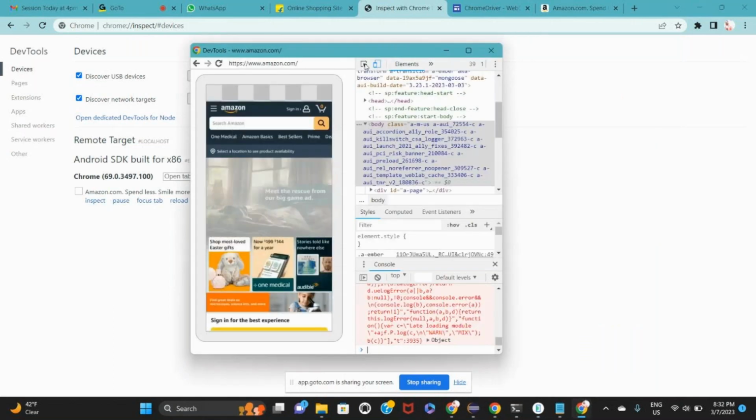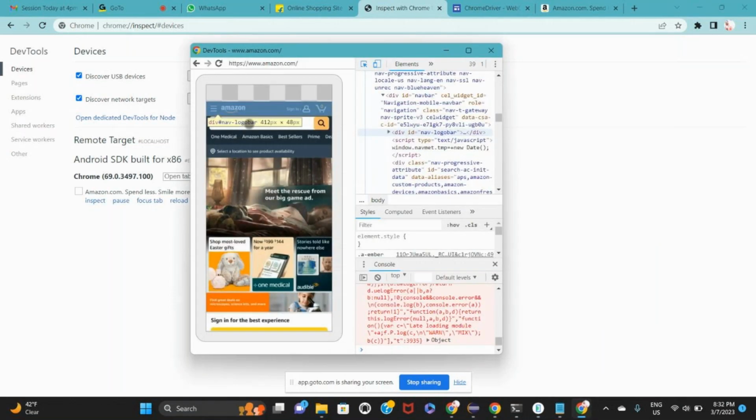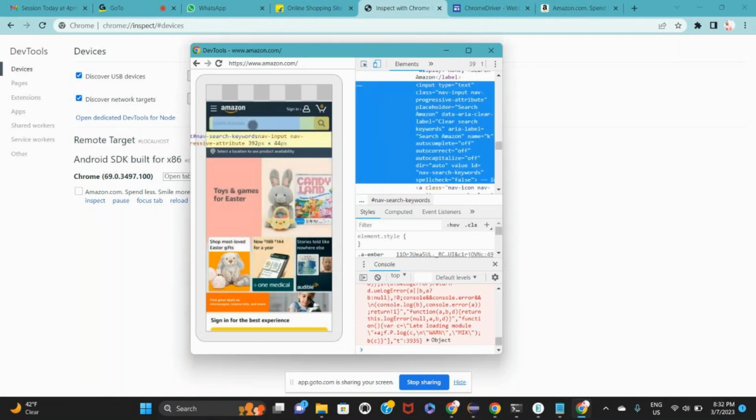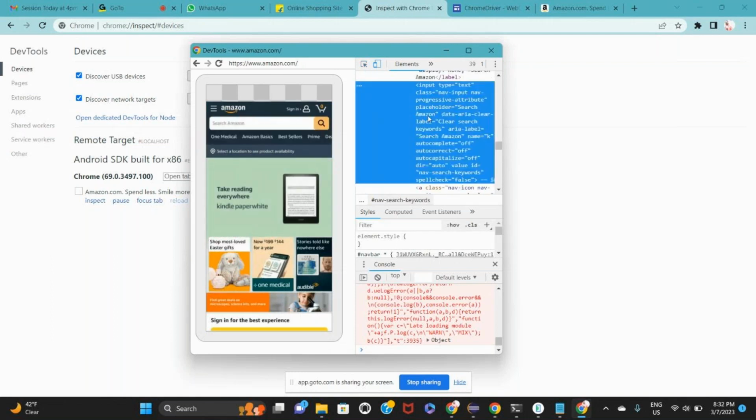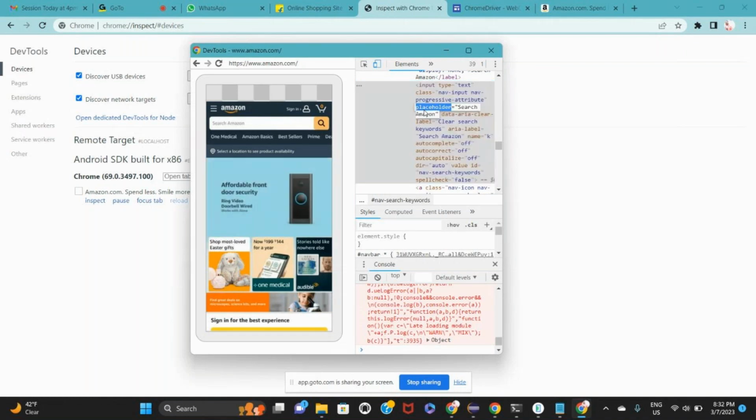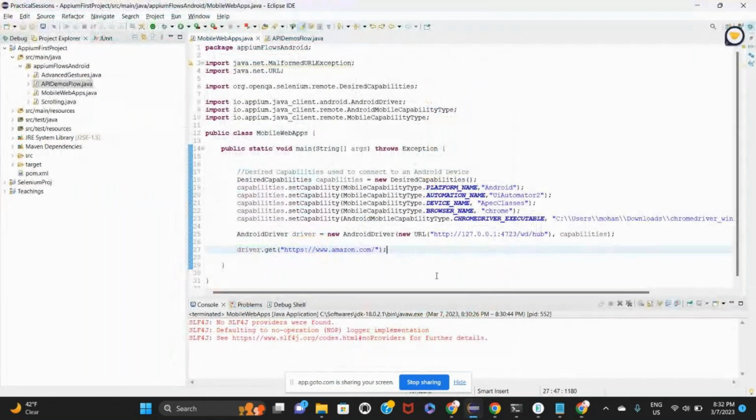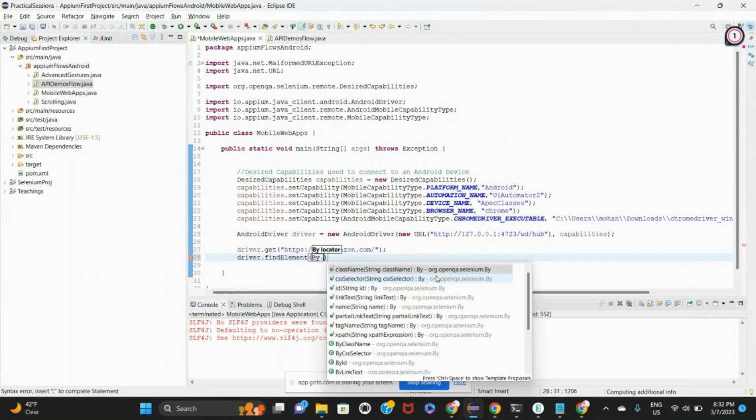Click on inspect, and our interest is to enter something into this search box. The unique property of this is the search Amazon placeholder, so I'll use placeholder as an attribute and construct an XPath with that. How do you construct an XPath? driver.findElement(By.xpath(